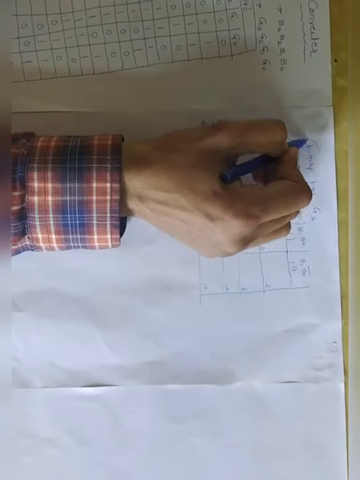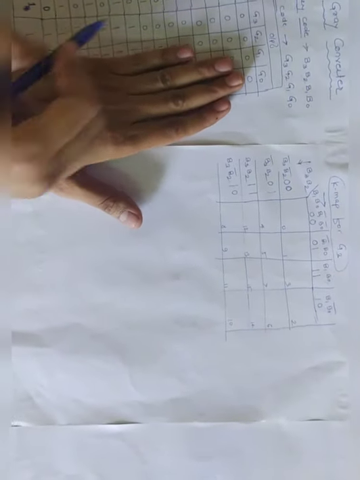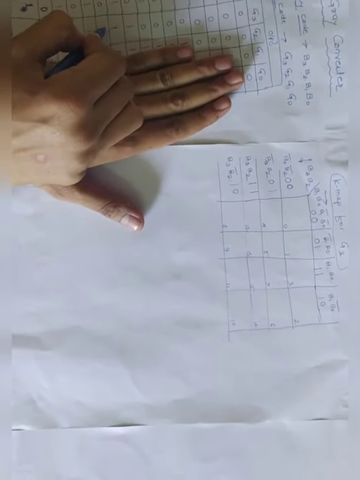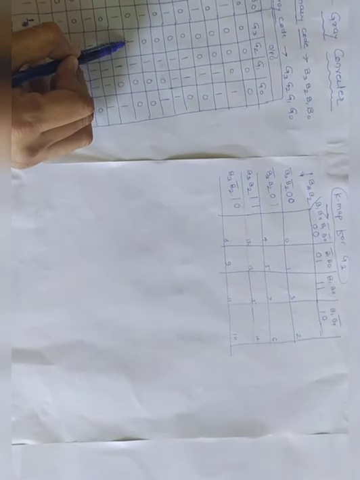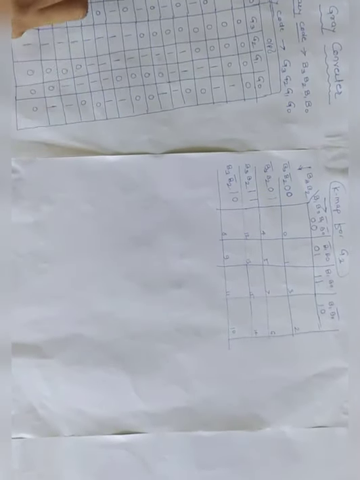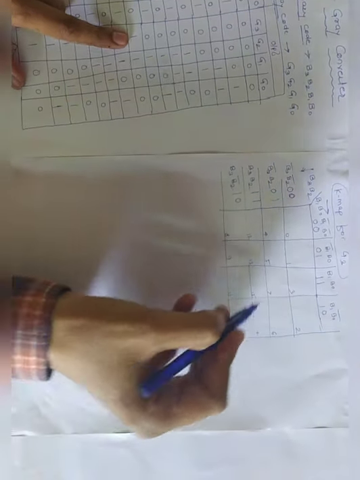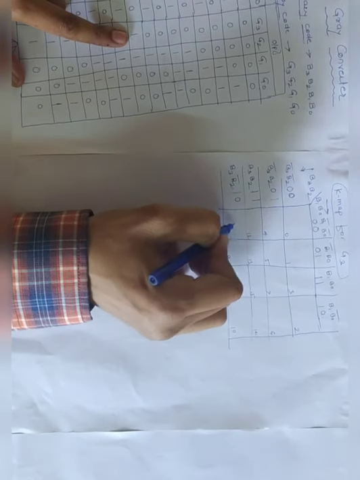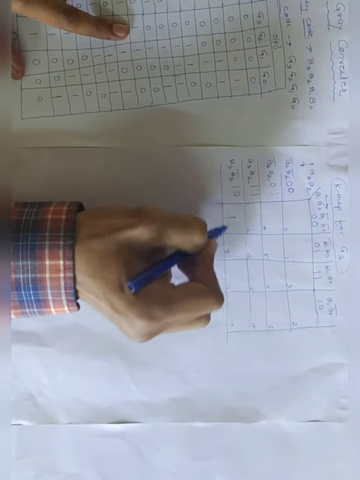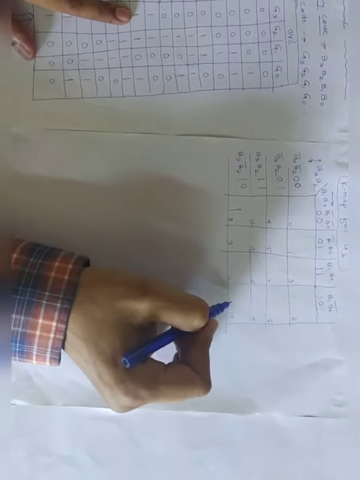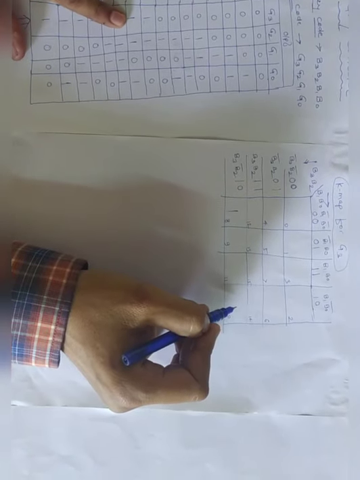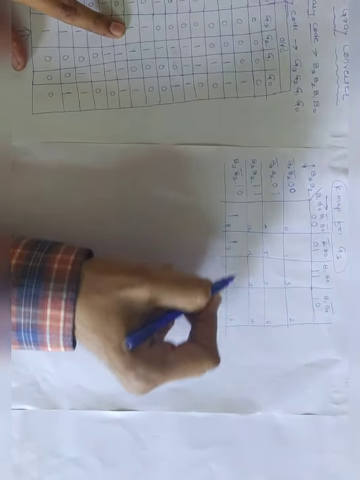So this is the K-map for G3. Now consider only the G3 column here. You have to place all those ones. Where are you putting these ones? I want to put this one at number 8. Where is 8? Here. I have given the numbers already. Then I place this one at number 9.